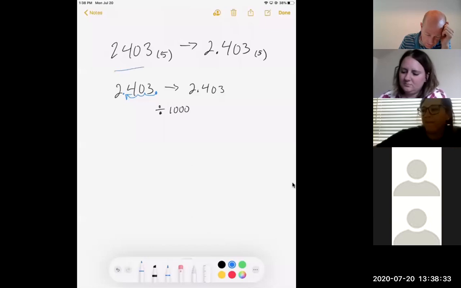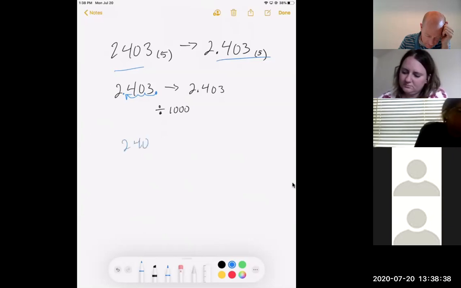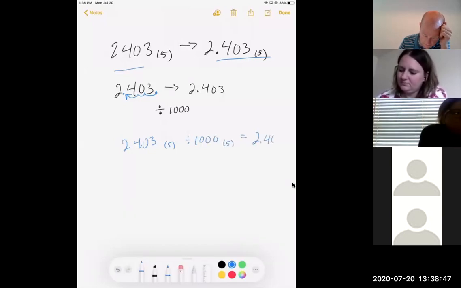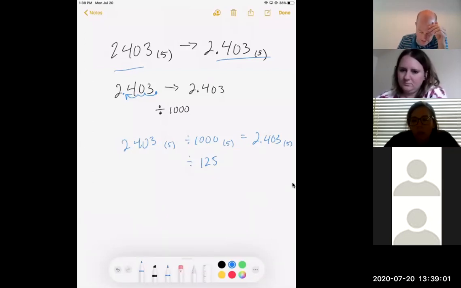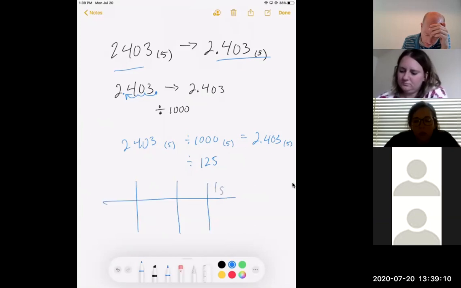But with base 5, if you're thinking about dividing by 1,000 base 5, then you will get the same answer. Okay, but what we did in our lesson was we divided by the base 10 version, which is 1,000 base 5 is 125 base 10, because you have the place values as what was mentioned here, 1s, 5s, 25s,